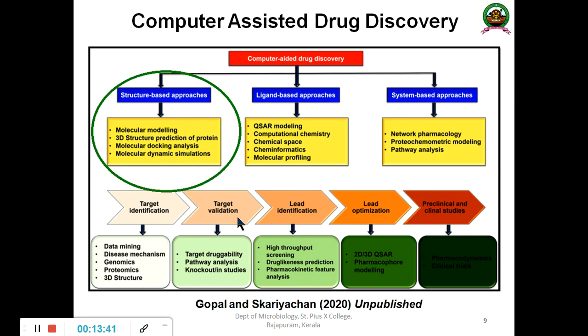And at the initial level, that is target identification, target validation, and lead identification and optimization, is the major aspect. A lot of time and a lot of money people are spending. So why can't we use bioinformatics and computational biology with accuracy? We will be able to screen a good molecule, that is a drug with ideal drug-like characteristics, pharmacokinetic features and